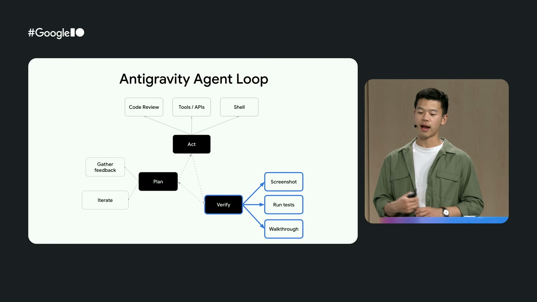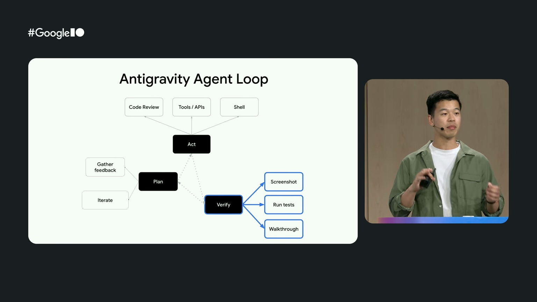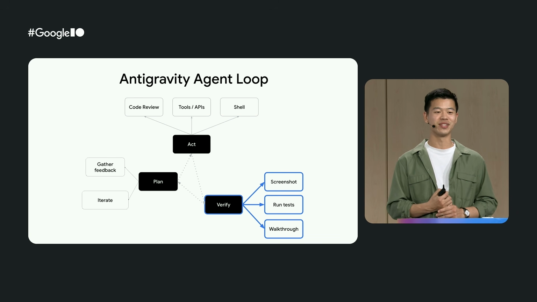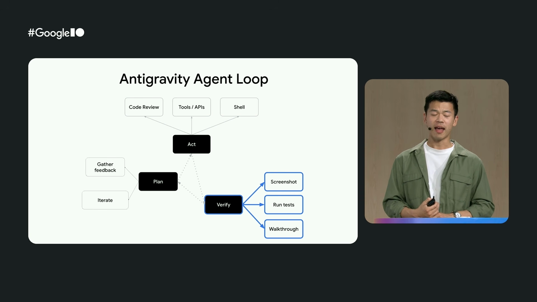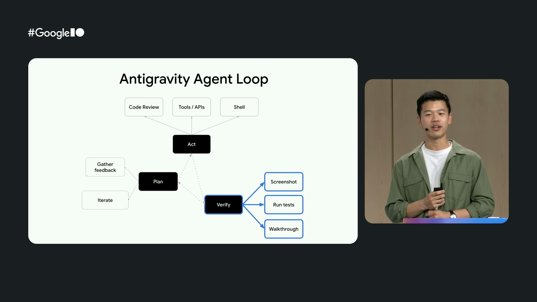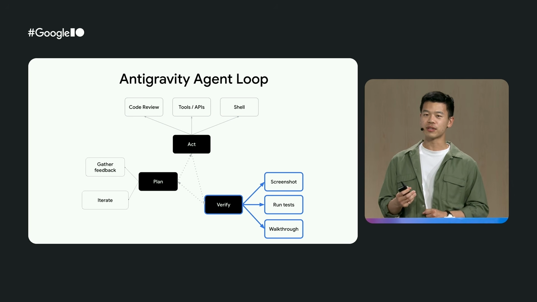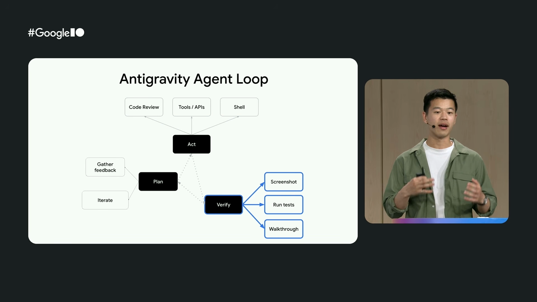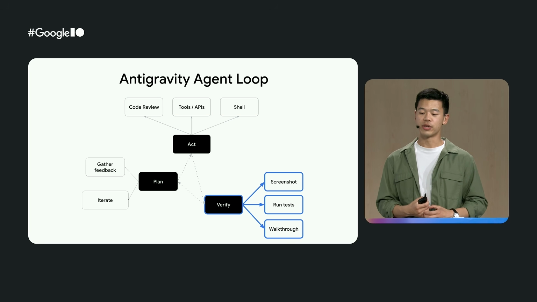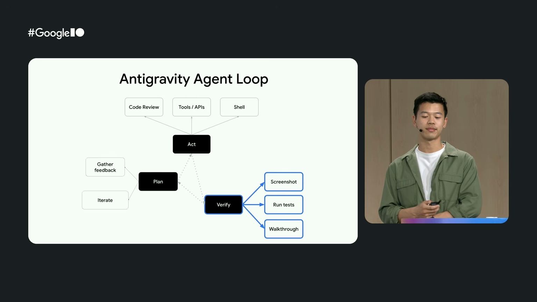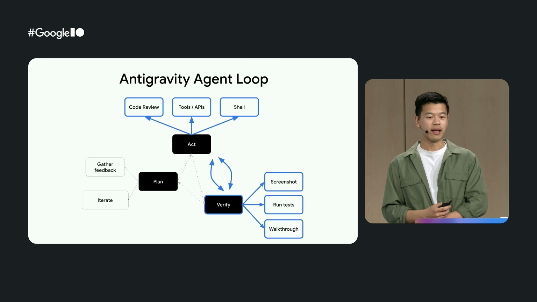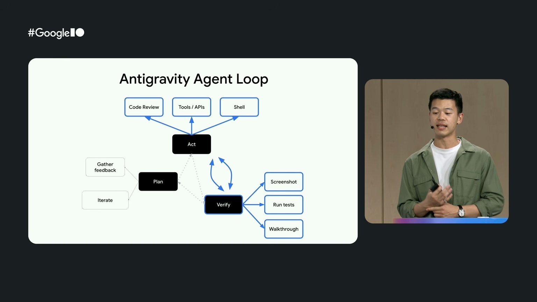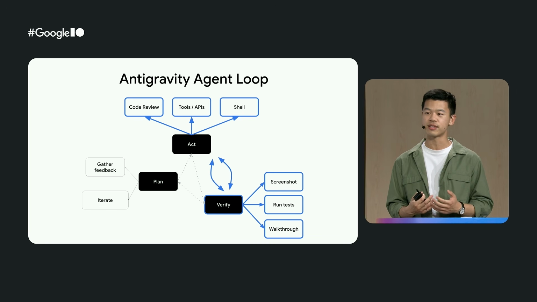This includes running your app, taking screenshots, and clicking the buttons using Chrome's browser integration, and of course, running your actual tests and making sure they work. And in Flutter's case, because Dart is so strongly typed, it also includes getting rock-solid signal from the analysis server so that if there are any problems, it can correct it, which accelerates correct outcomes. Now, obviously, this verification step might bounce back to the act step as necessary,